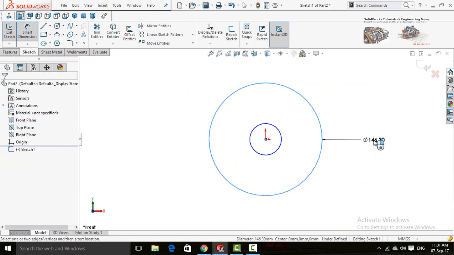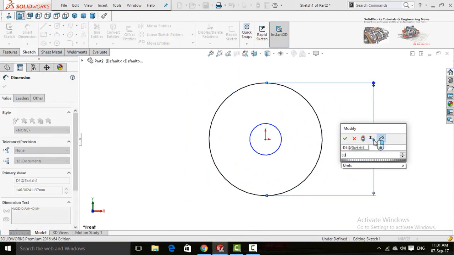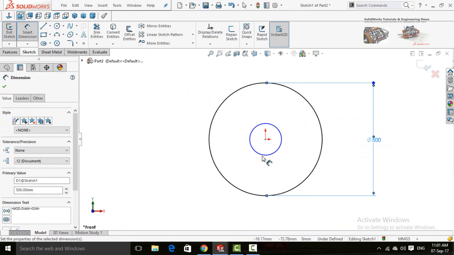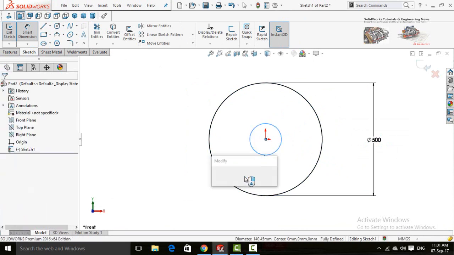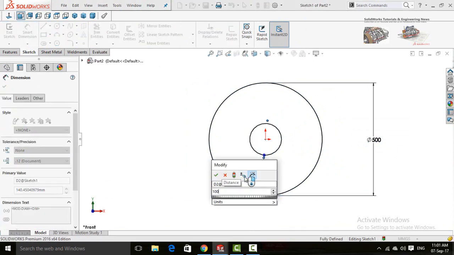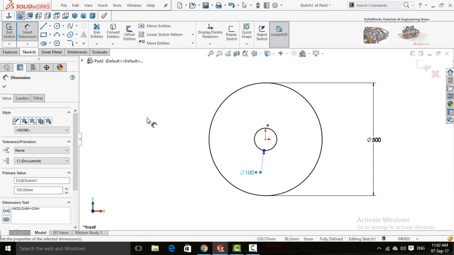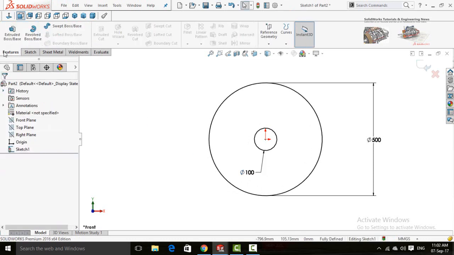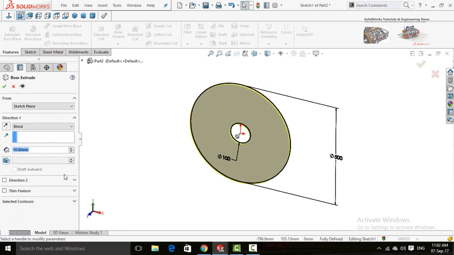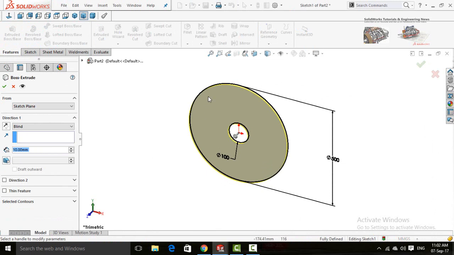Diameter for large circle is 500 millimeters and for small it is 100 millimeters. Press OK button and select Features tab and then Extruded Boss Base. This time the extrusion or thickness for middle or center disk is 10 millimeters. So press OK button.